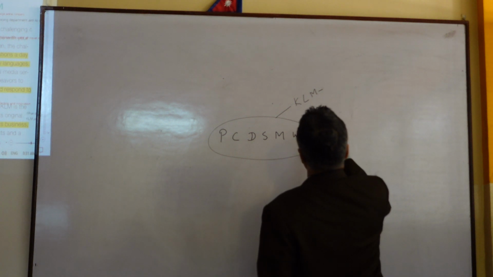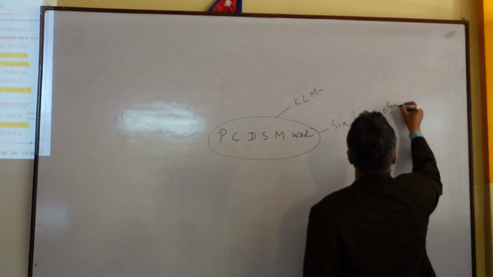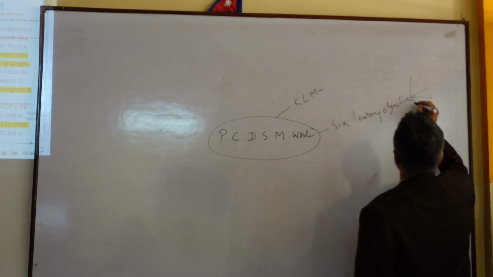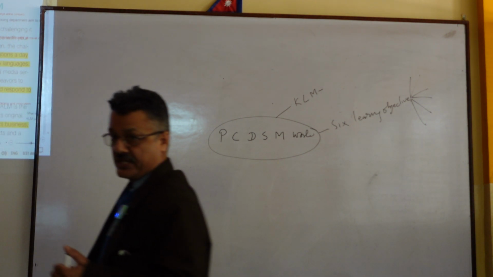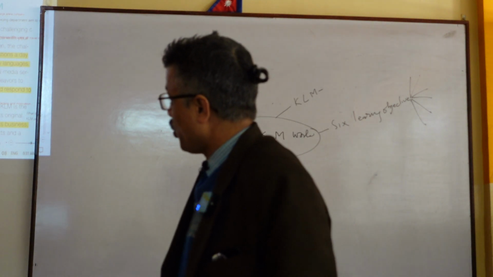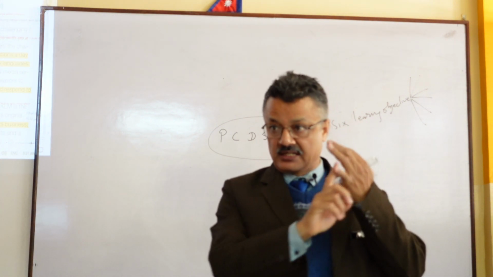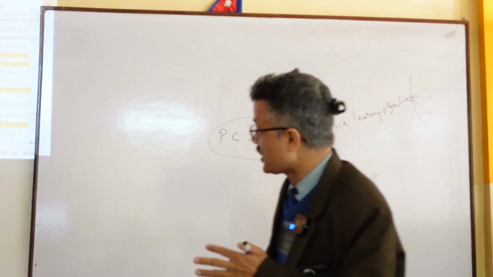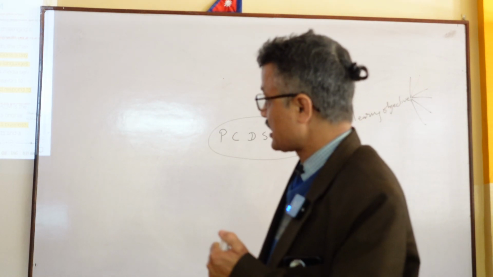Then there are 6 learning objectives. 1, 2, 3, 4, 5, 6. What are they? In the first objective, you learn what is effective communication. We discussed. In second, we learn about what is professional communication. Objective 1, what is effective communication? Objective 2, what is professional communication? Objective 3, what is conventional communication model, and what is social communication model?